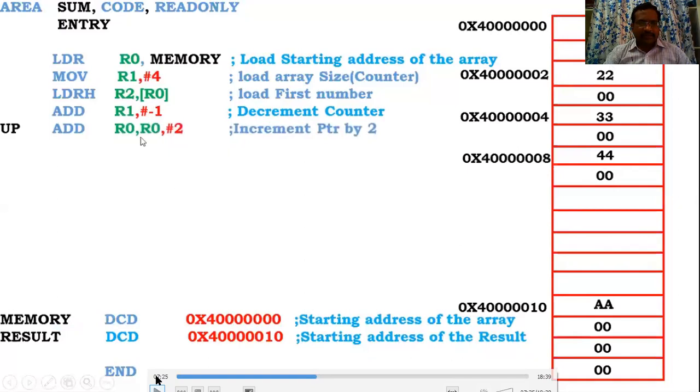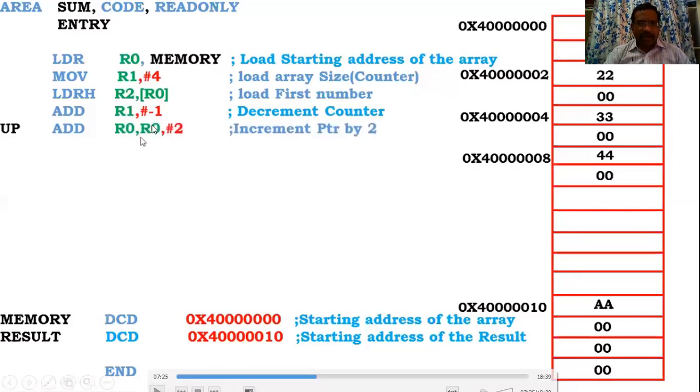Next, you should add R0 comma 2. That means you are incrementing the pointer. Incrementing the pointer by 2 means R0 will point to the next number. That's why ADD R0, R0, #2.